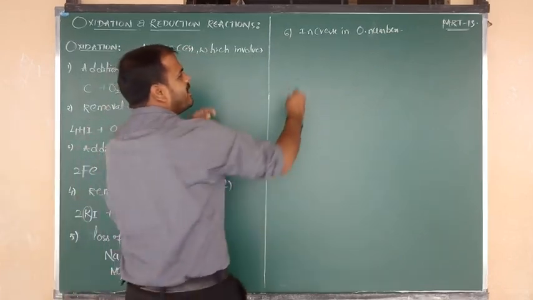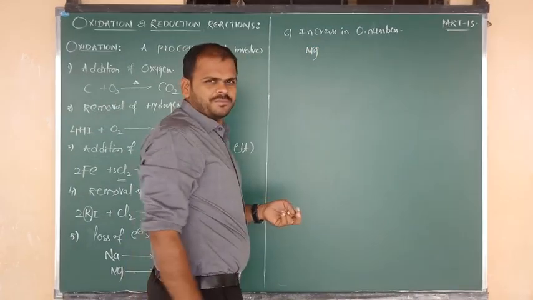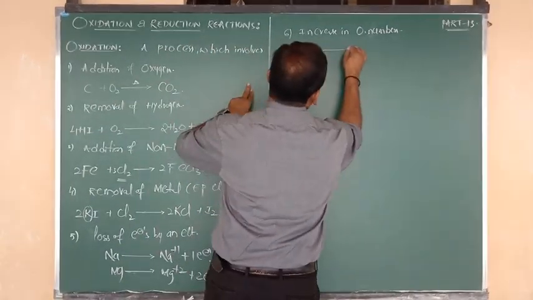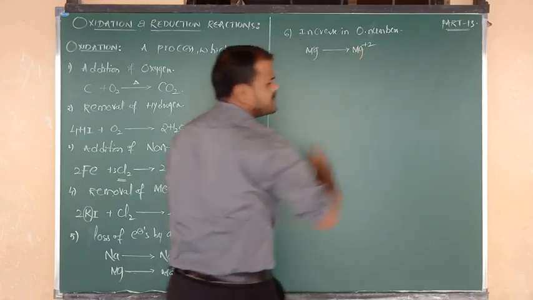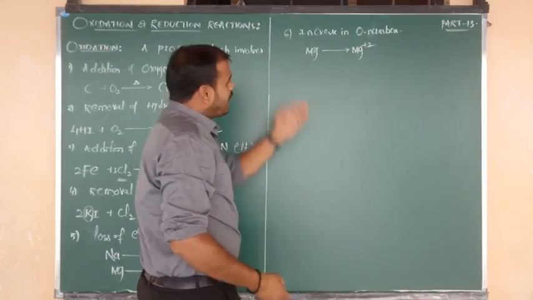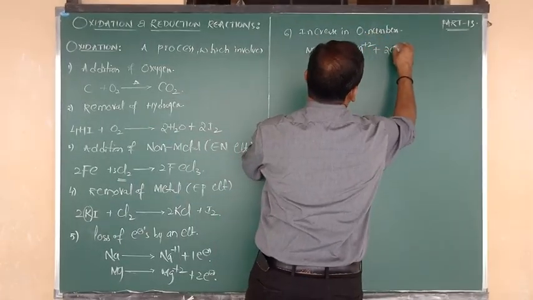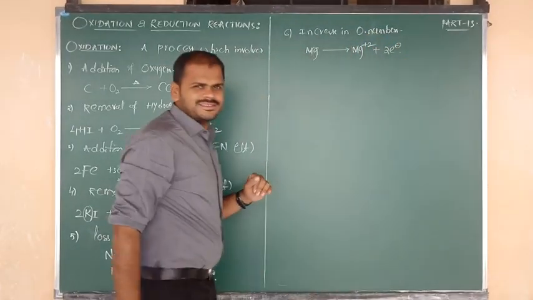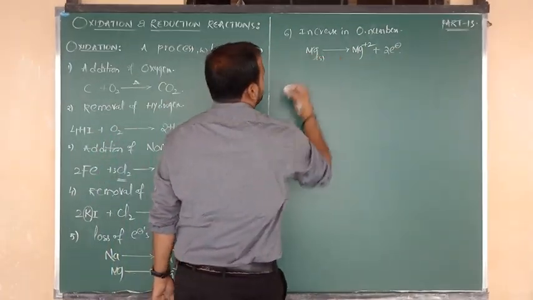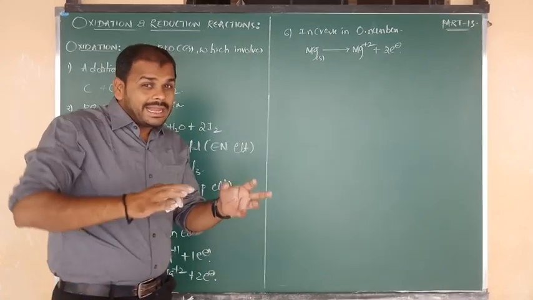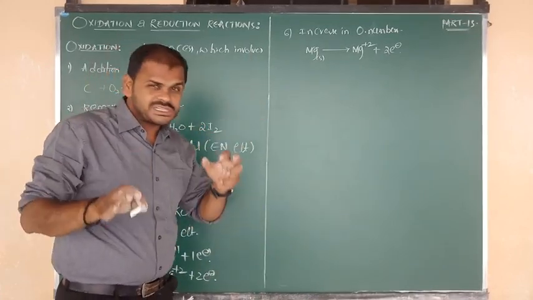Once again, I am going to give you an example. I am going to consider magnesium first of all. Mg changes into Mg plus 2. Mg gives rise to Mg plus 2, which means it is losing how many electrons? Yes, it is losing 2 electrons. Now listen carefully. Mg is a solid metal. It is in uncombined form. It is in elementary form.